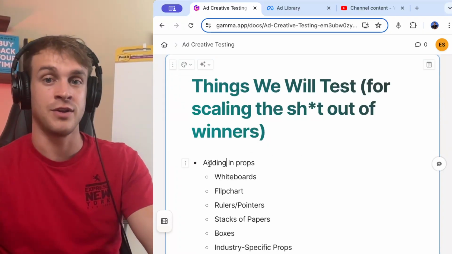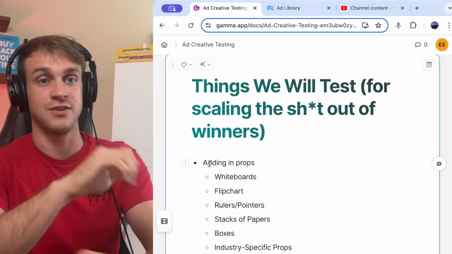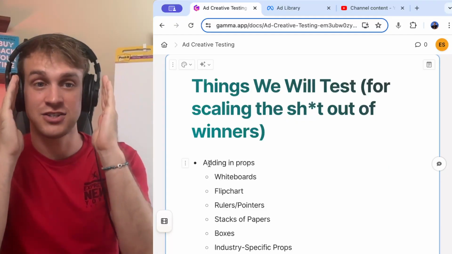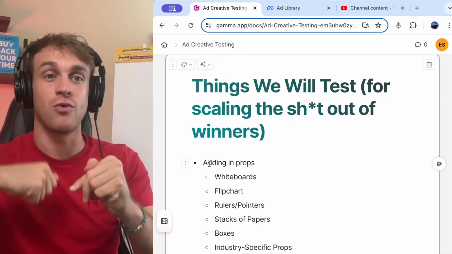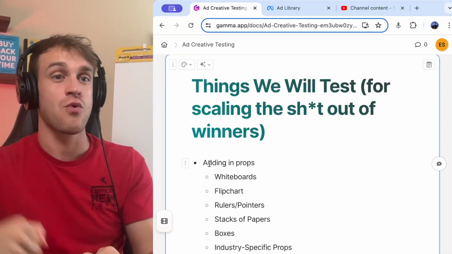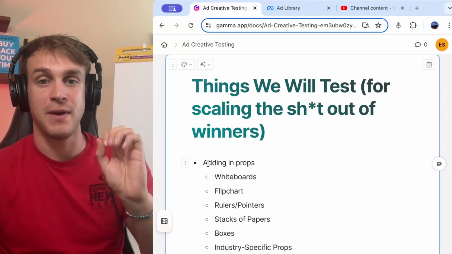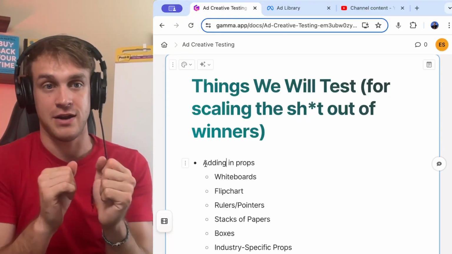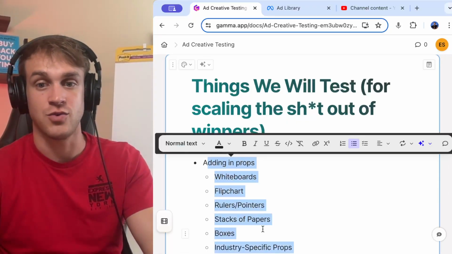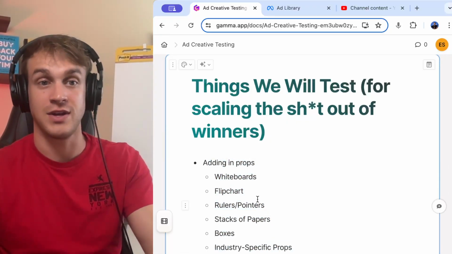So first, what you could do is take that control, right? This whole thing is we're taking that video ad that's just printing money right now, just printing conversions and opt-ins. We're taking that ad and we're going to change one or two things about it, right? And here are 27 things that you can change about it. So you can take that ad